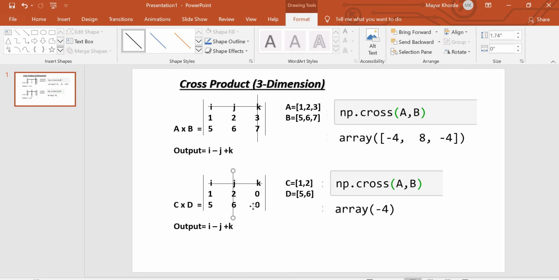Now we'll go further and check K. So this is height, this is height as well. So 6 into 1, that is 6, minus 10. 6 minus 10 is minus 4. That's why we got the output, that is minus 4. Hope this will make sense, guys. This is a 3D array, this is a 2D array. That's why in the backend it will take 0 by default and we will get the output, right?